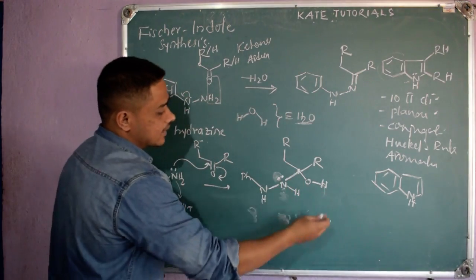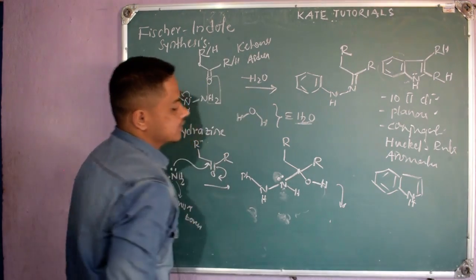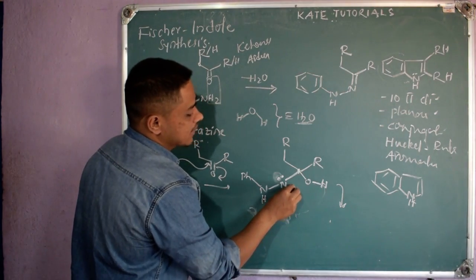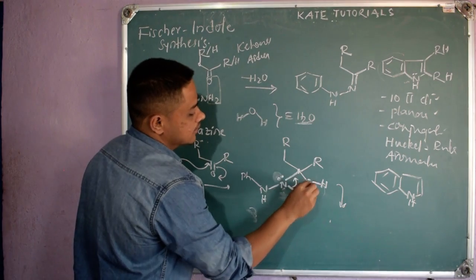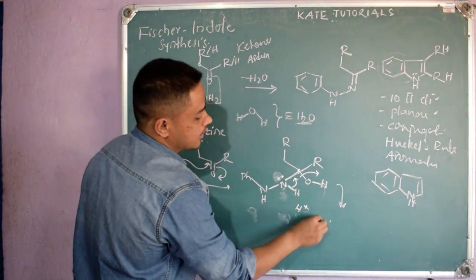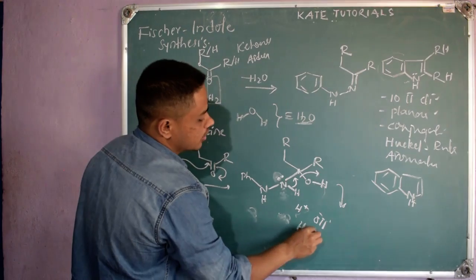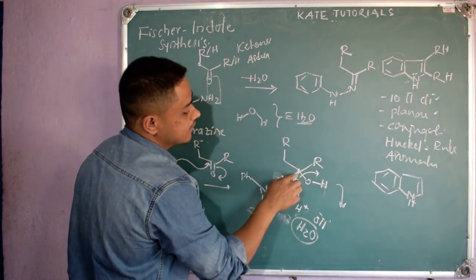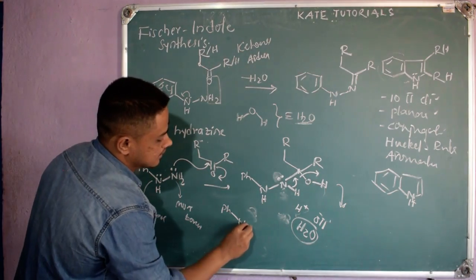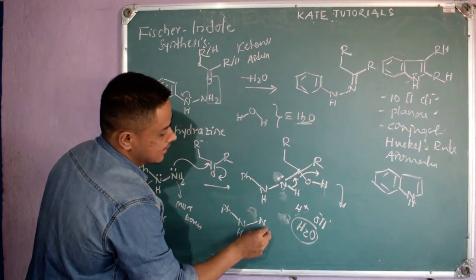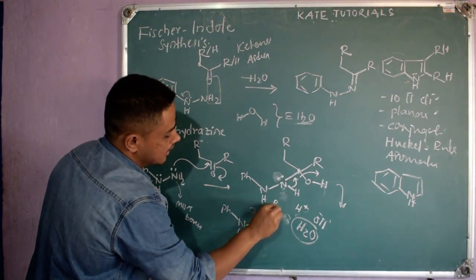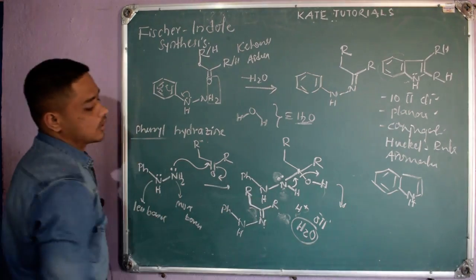So here, at thermodynamic condition, if the reaction is carried out in acidic medium, what happens is this sigma bond is there, right? So this electron density goes here, this water moves as OH minus, and this H as H plus. H plus and OH minus will form a water molecule, H2O, right? And here it was a sigma bond, now it became a double bond. So it is Ph, NH. Now this NH is there, but that H also lost, so I got a double bond here to this carbon. Here I have R, and here I have CH2R. This is how the reaction happens, right?